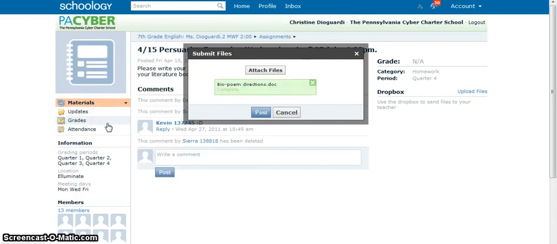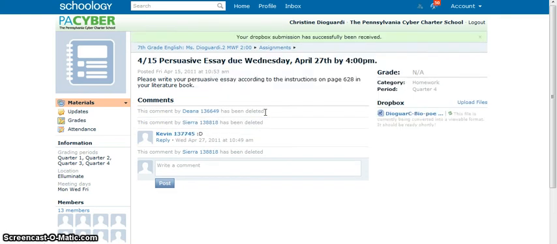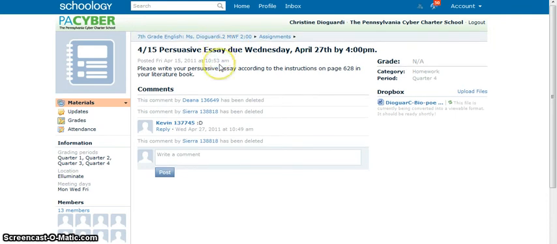Double click on it, and then you'll see that the paper is located in the green box. Once you click on Post, then you'll see at the right that the file has been posted and has been dropped into the teacher's Dropbox. So that's how you would submit any kind of assignment that you might do in Microsoft Word or in Excel